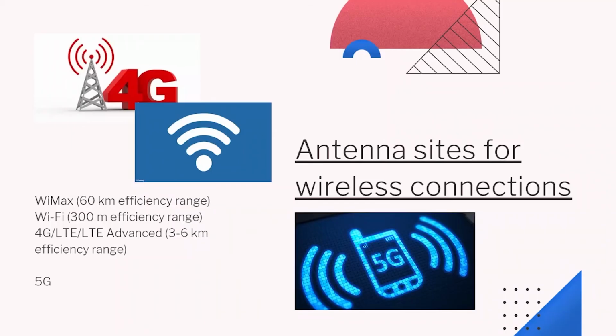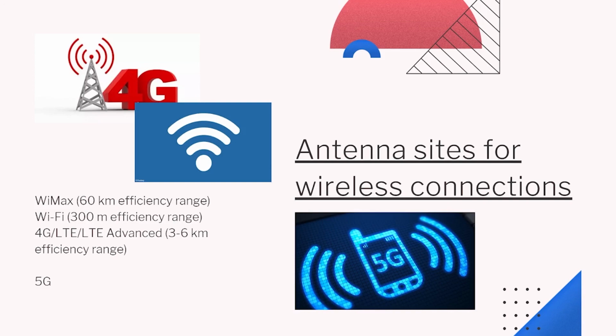And for the wireless broadband technologies, one of which is the antenna sites for wireless connections. It is provided by WiMAX, that is up to 60 km efficiency range, Wi-Fi, where its efficiency range is 300 meters, and 4G or LTE Advanced, that is up to 3 to 6 km efficiency range. So further improvements will focus on new standards with additional features and provisions of additional frequency spectrums or